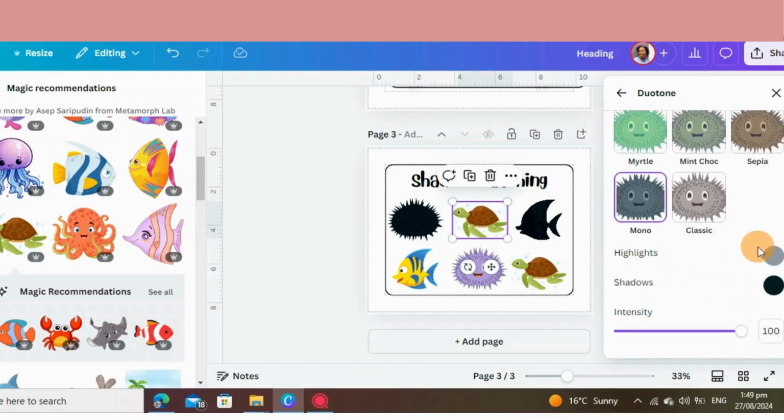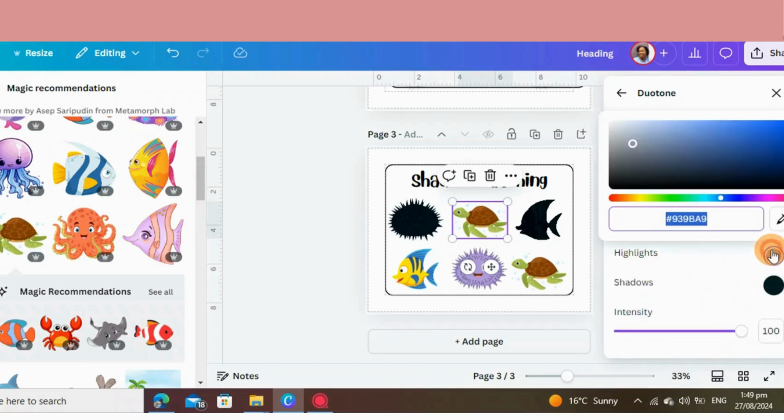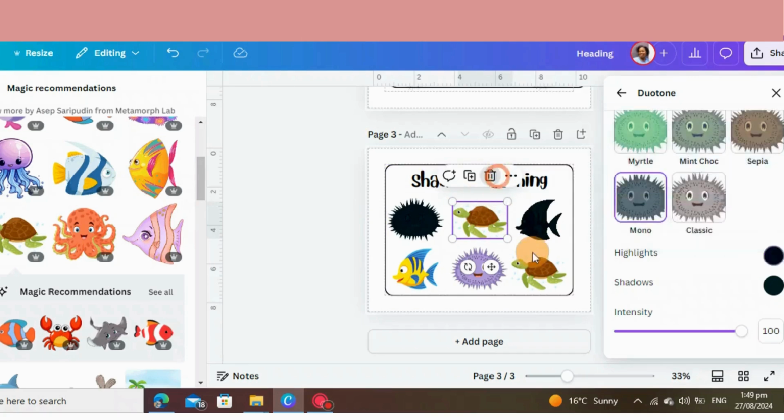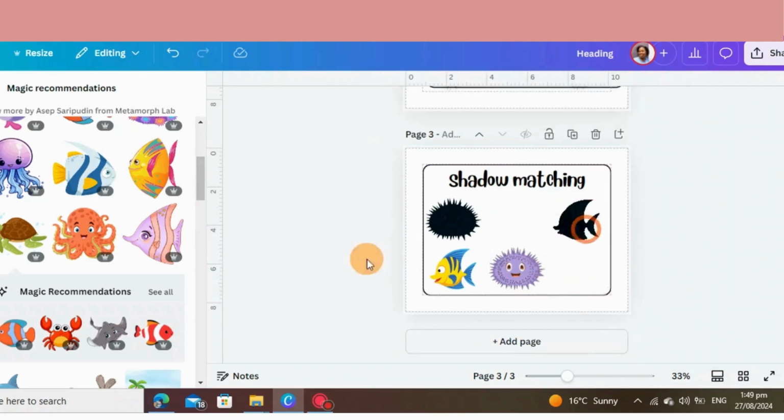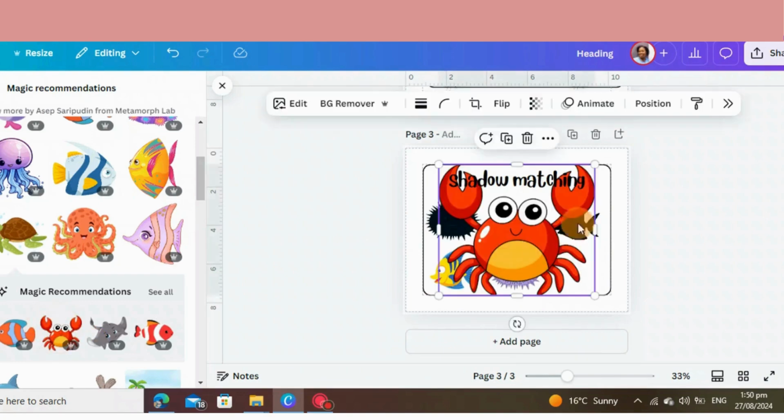We go down again to highlights, click on it, pick the pen, and then we select the color. All right, you can see that some of the elements, some of the colors, we cannot change. So we're gonna delete it, and then we go back and look for the animals that can be changed. Let's take this crab,